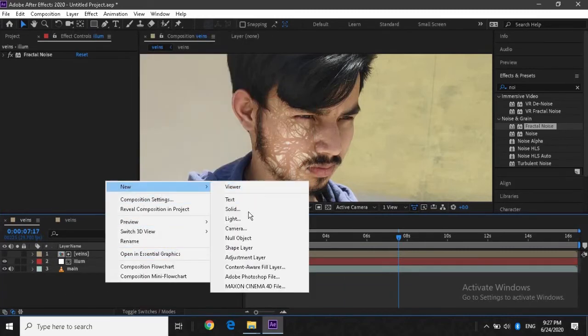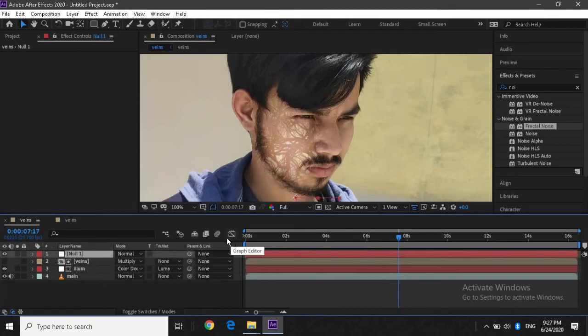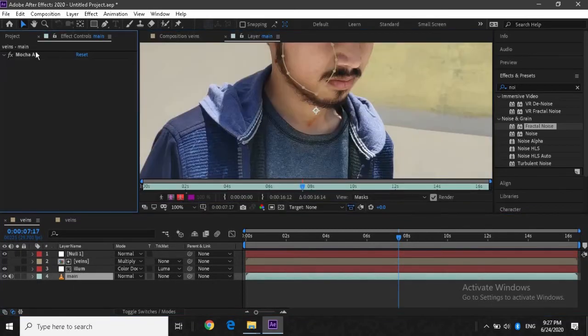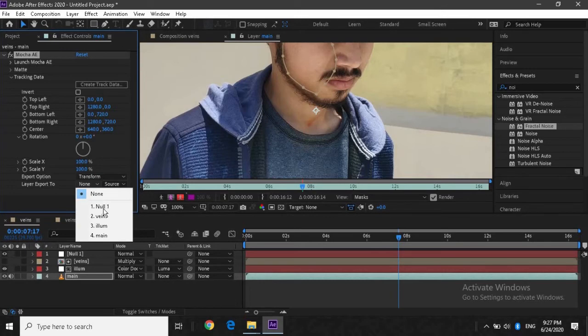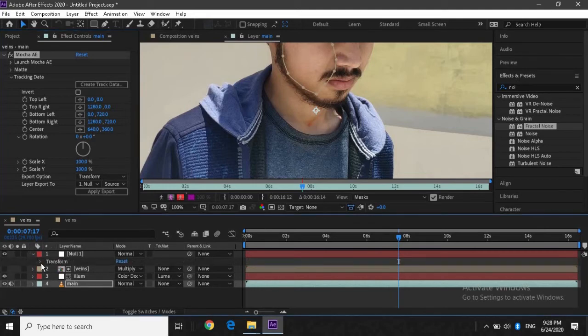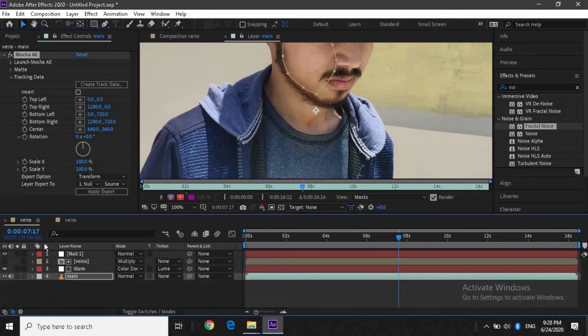And now let's create a null object, and remember this is one of the most important points, because I was struggling because of this null. Go into Mocha AE, open this track data, go to transform and null one, and apply export. Okay, the data is exported or not?